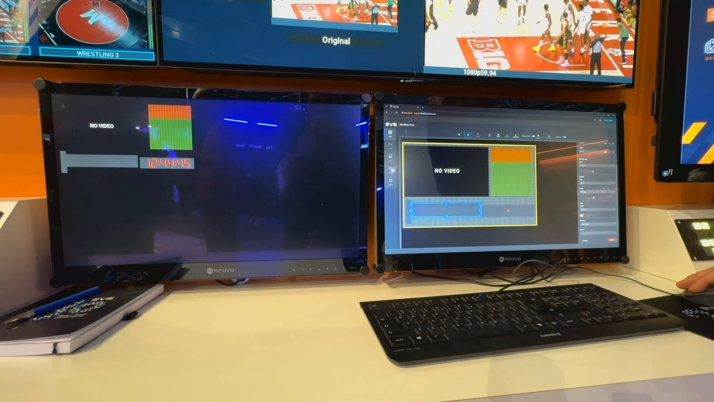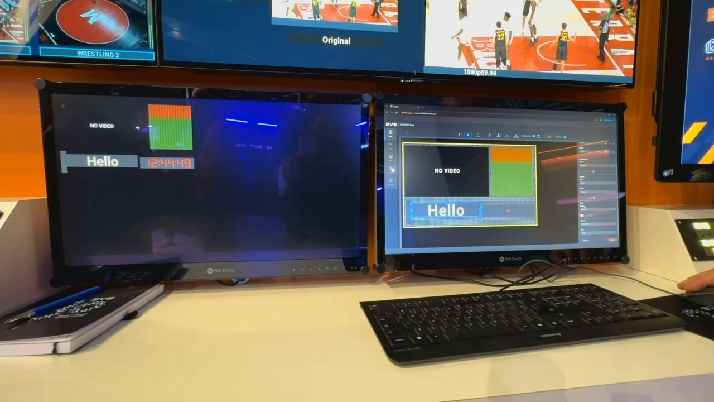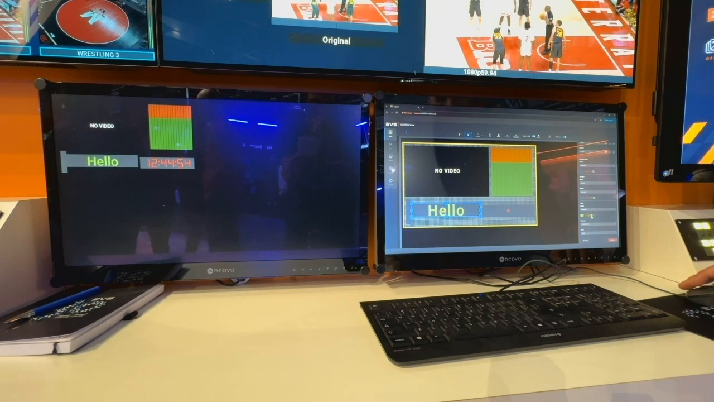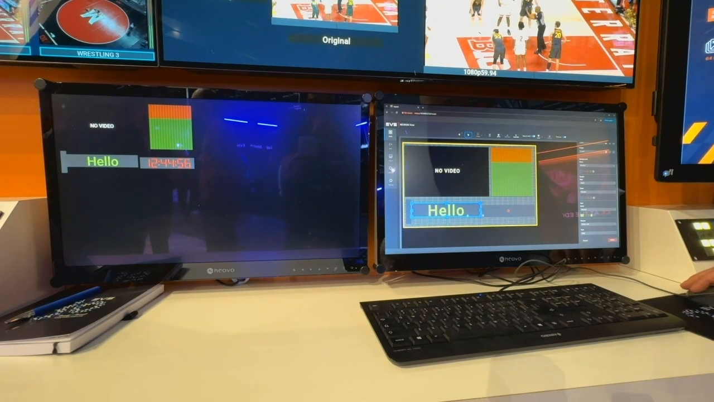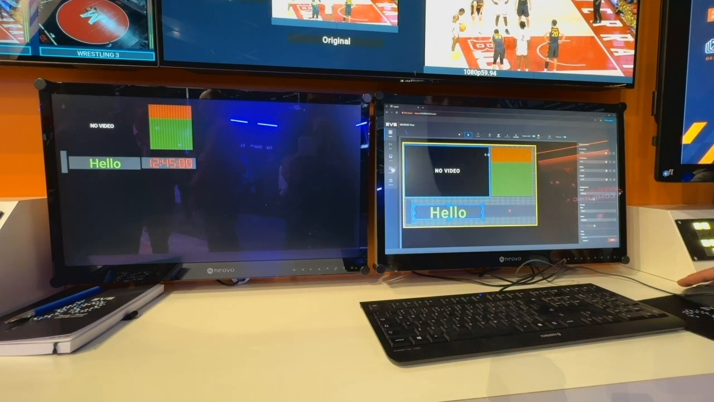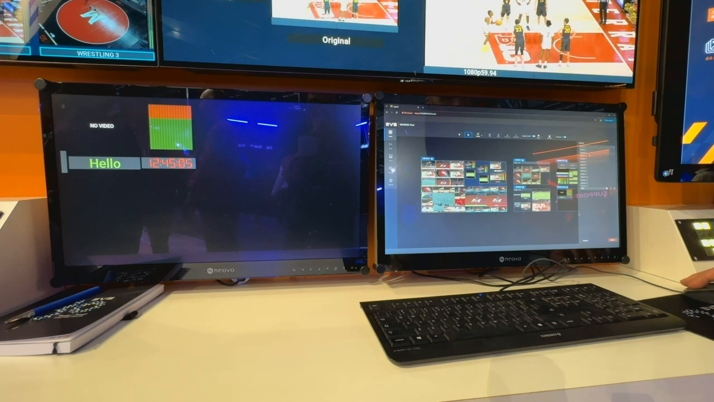Let's make it a static text for now. Say hello. There we have hello. I can change the color of the text, of course. I can change the background color as well. That's all possible to change. And then when you're done editing your widget, you can assign a group to that. So let's say this is now group 2,